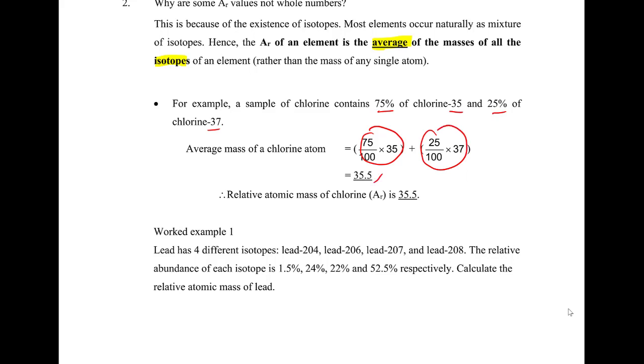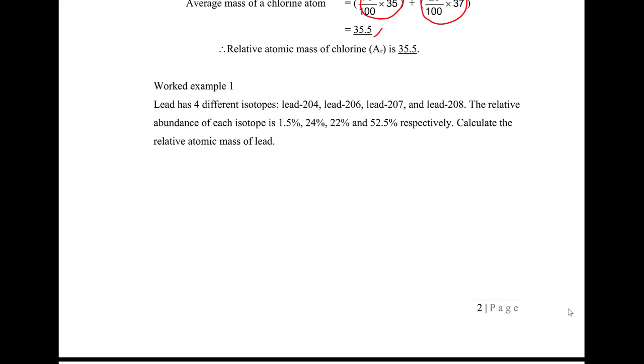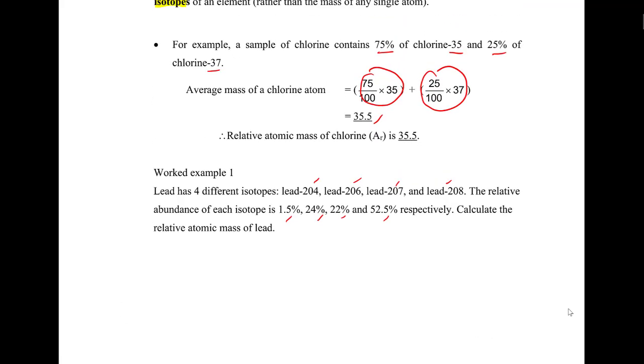Alright, so here you're given another worked example. I'm just going to help you through this. If you want to, you can pause the video and then come back. So here you have 4 different isotopes of lead: 204, 206, 207, 208. The relative abundances are 1.5, 24, 22, and 52.5. What is the AR? So if you're going to follow the steps taken in chlorine, which is here,